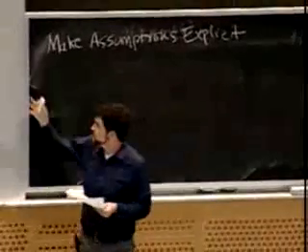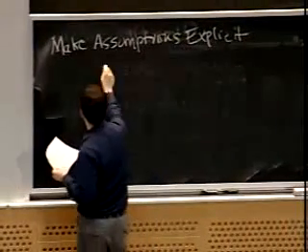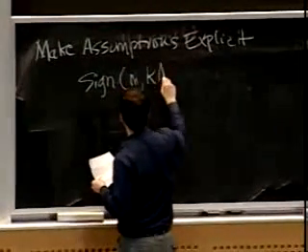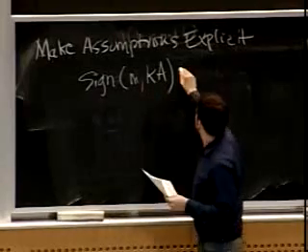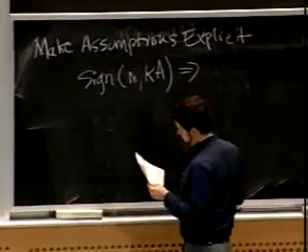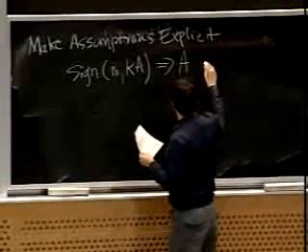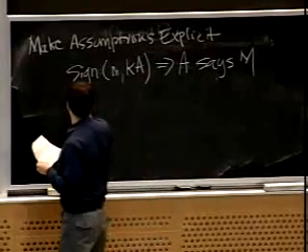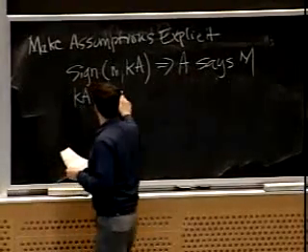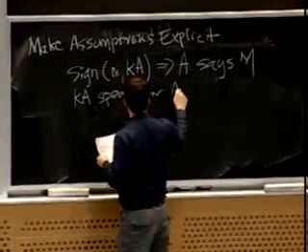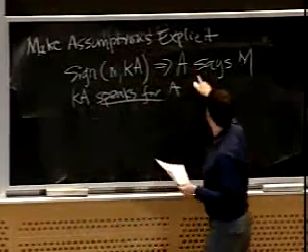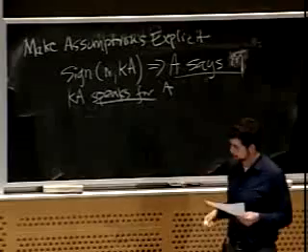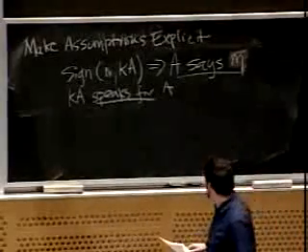So let's look at a set of assumptions that we're making here. I said something like, when I see a message that says sign M, comma, KA, and then I infer from that A says M, assuming that I already know that KA speaks for A. If I make this inference that A says M, given that KA speaks for A, and then I saw this sign thing,